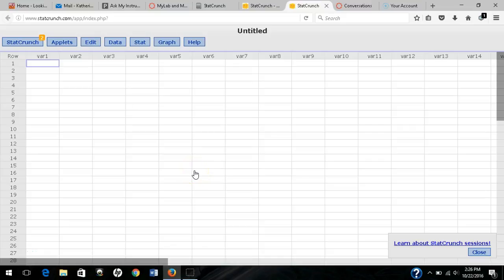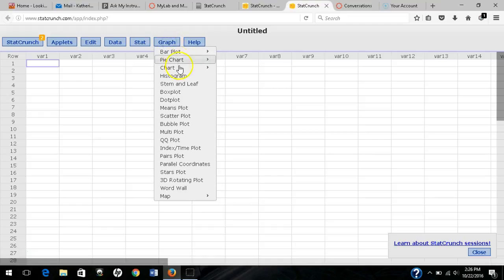Okay, so I'm going to give you a couple tips on how to find the Z alpha over 2 value. Now, if you are given the level of confidence, then you can use one method. If you are given the actual alpha value, you can use a different method. So let's go to